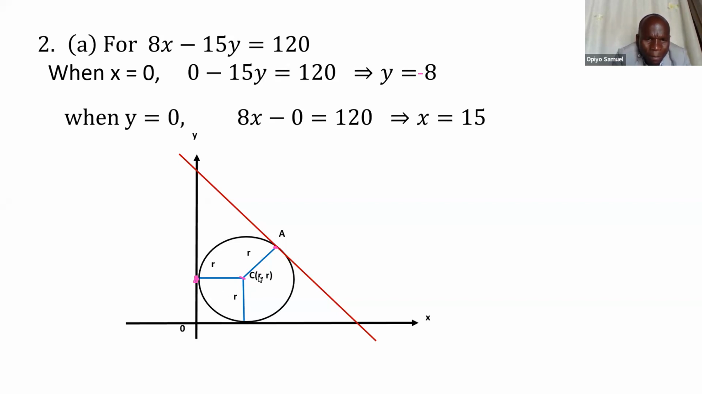And for that matter, the center of the circle is going to be at (R, R). So that is where the center of the circle will be located. So now that we have this, we can now find the length from C to A. So if we are to find the length from C to A,